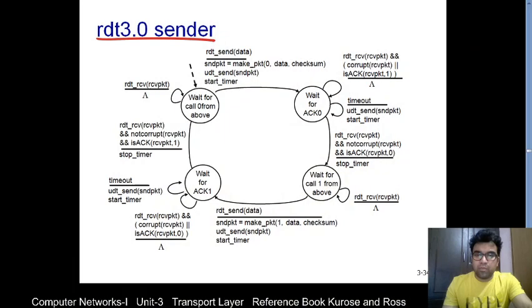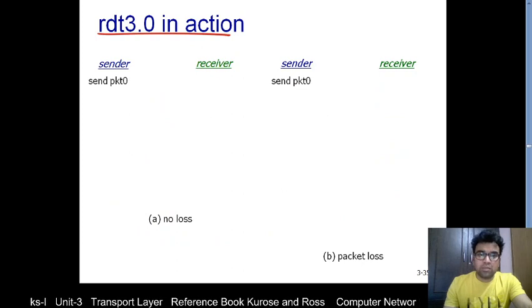This RDT 3.0 protocol is a completely reliable protocol, which is also called a stop and wait protocol. Here you see the RDT 3.0 sending side, which we have already discussed in the last lecture. Today we'll see this particular protocol in action. So we have four cases in this